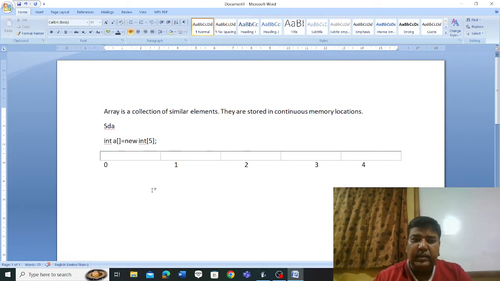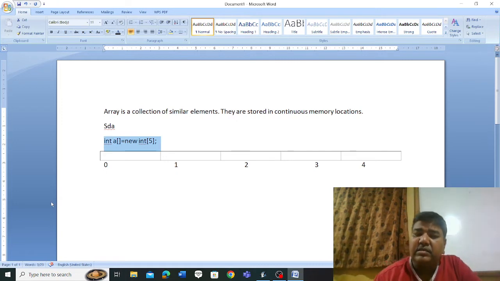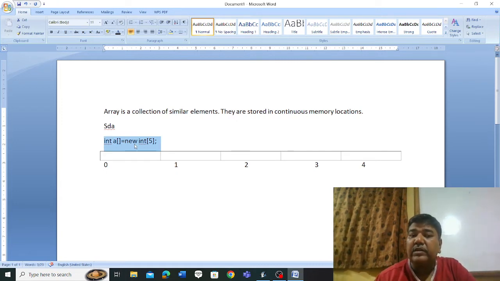Another important thing: an array is a non-primitive data type. Remember that always, non-primitive. In a non-primitive data type I am highlighting this syntax, so this is the example. We use the new keyword to assign space in the computer memory for a non-primitive variable.